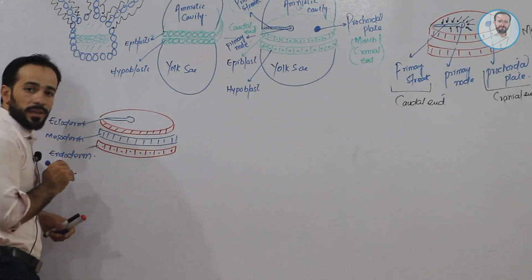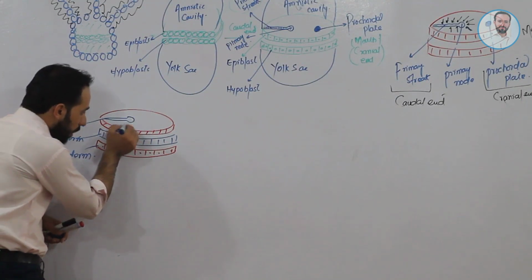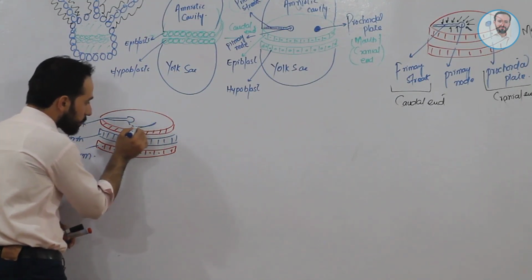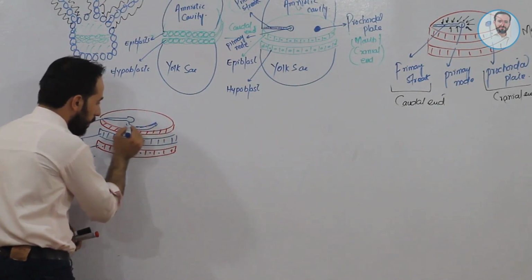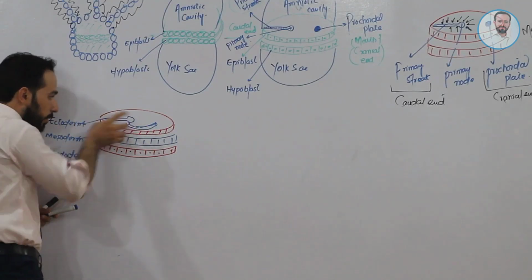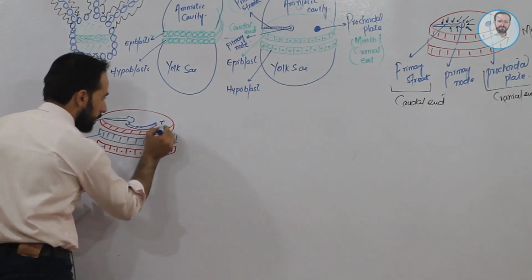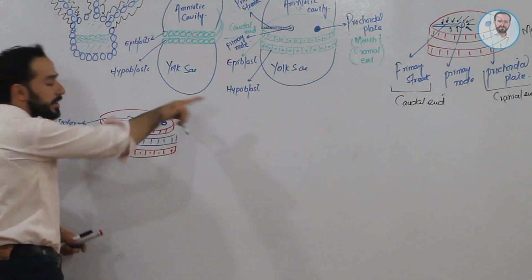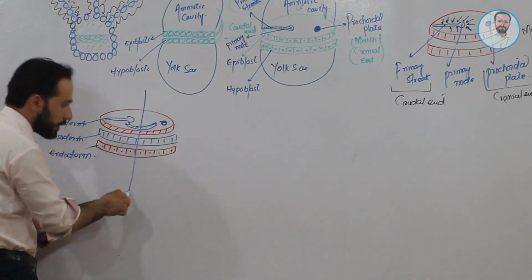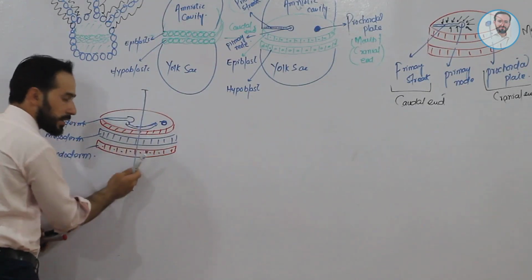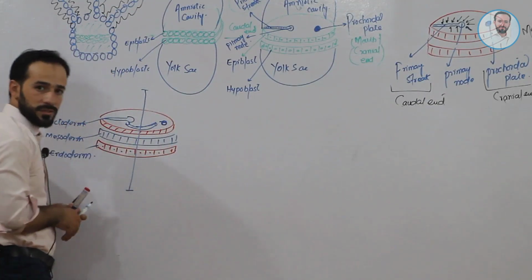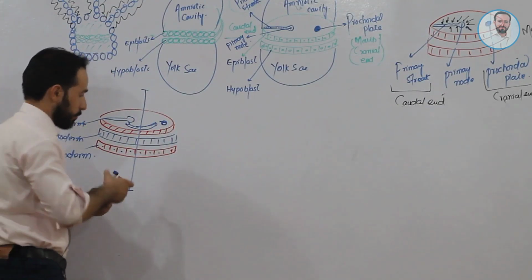Now some cells were there and they have gone down below this ectoderm and they have made a tube-like structure here. They had made a tube-like structure, and this tube-like structure was going from the caudal end towards the cranial end. Clear? So let me make a section here. I am cutting it here and I will bring it like this. You will see your side. Right? Let's do that.